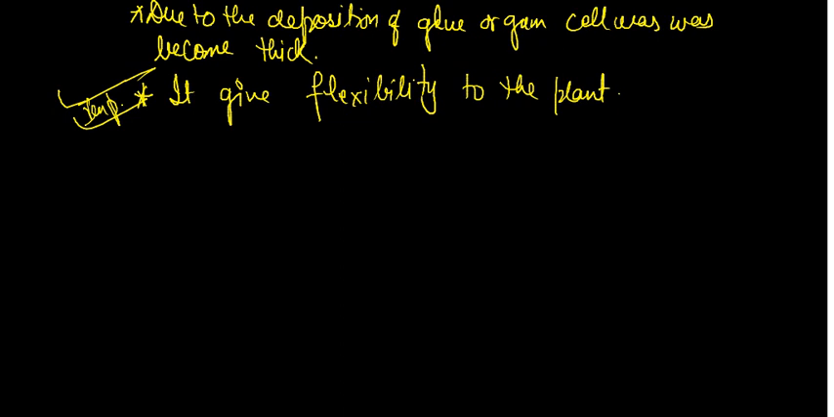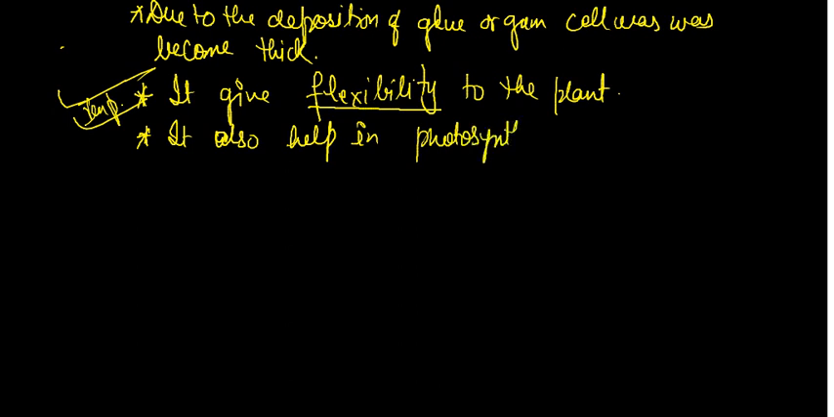It also helps in photosynthesis, so that the green pigment, chlorophyll, is present. The main important point is what? That is flexibility. And the last one that I'm going to tell you, the third one, is